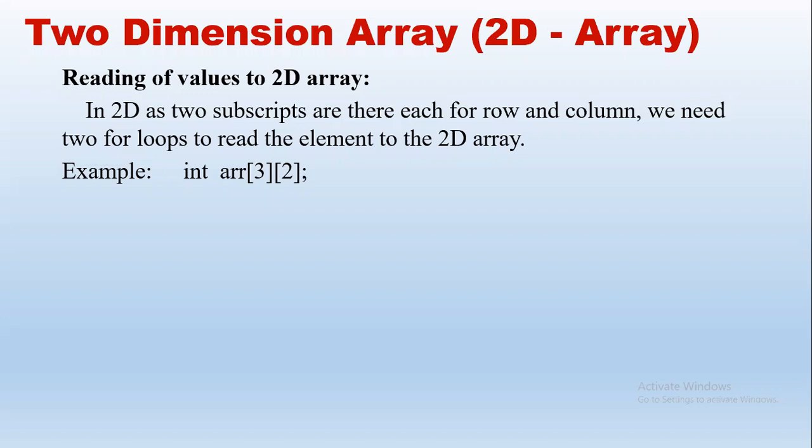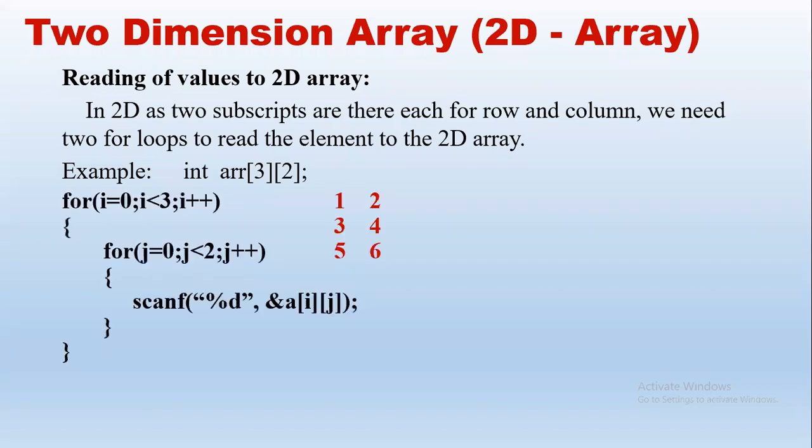So while giving the condition, we have to give i less than 3 because there are 3 rows, that is 0, 1, 2 will be the row numbers, all values less than 3. Similarly, there are 2 columns. As we see in this example, there are 3 rows and 2 columns, and the column index also starts from 0. So the first column will be 0, the second column will be 1. So 0 and 1 both are less than 2. That is the reason we give j less than 2.